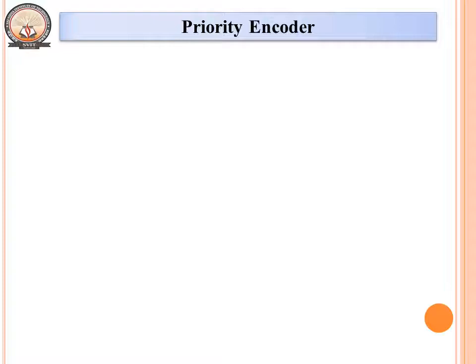So what does priority encoder mean? It means assigning priority to a particular task. Let us take the example of your phone. You will be playing some game or messaging someone, and if suddenly someone is calling you, that call will pop up. The incoming voice call has got the highest priority compared to other applications. That option can be implemented in a digital circuit with the help of this priority encoder.